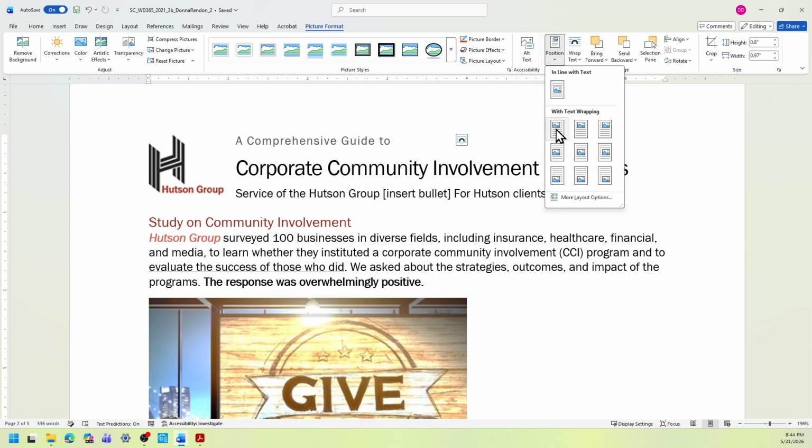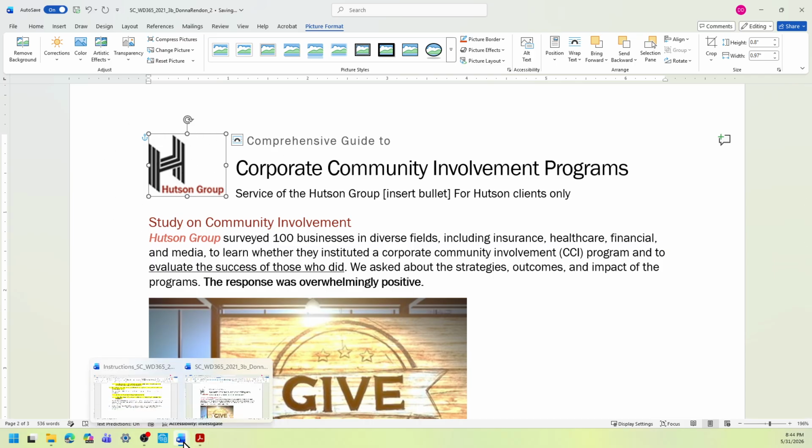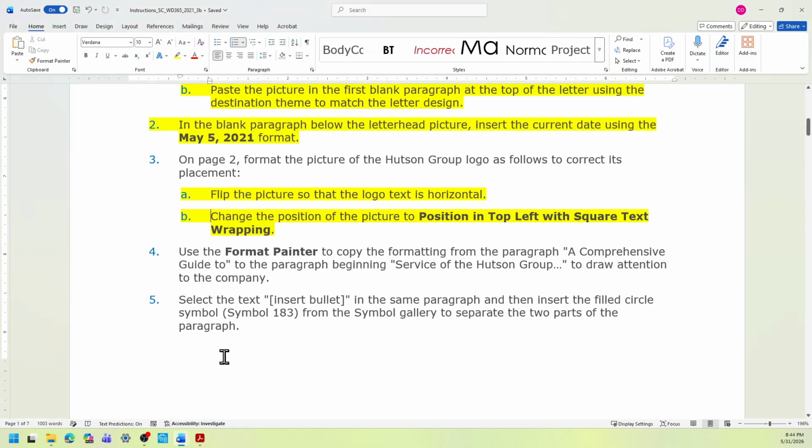So as you can see this with text wrapping here, we're going to select the top left. So if you hover over that icon, you'll see which ones you need. And it's the first column, first row. There you go. And then it moved to the left side. So that's step 3, A and B.